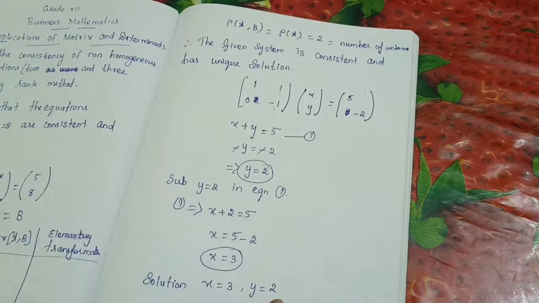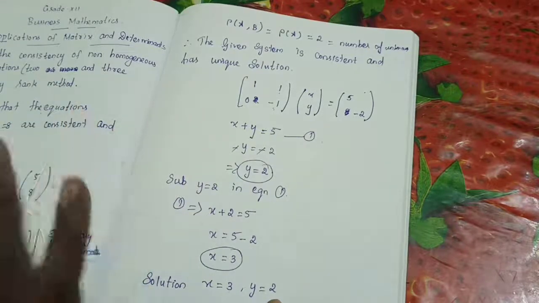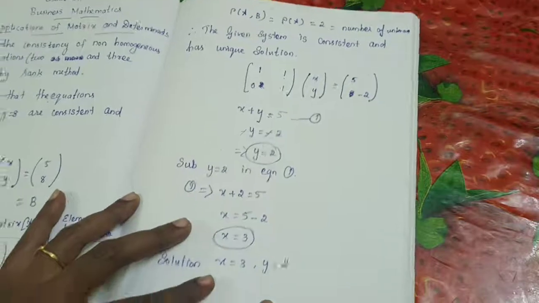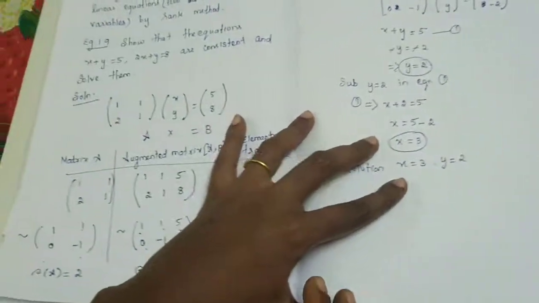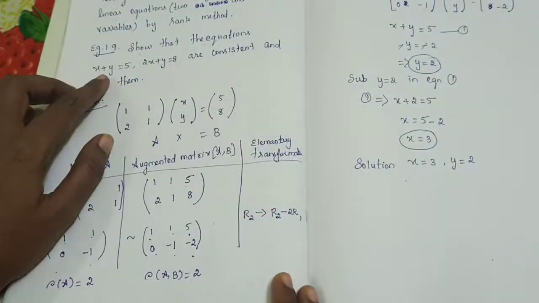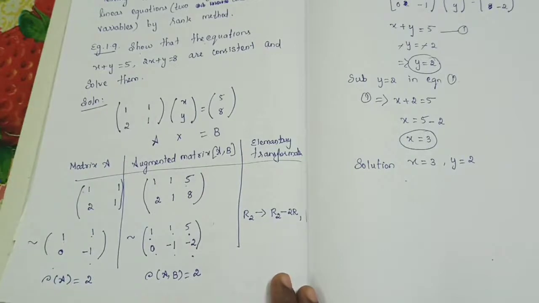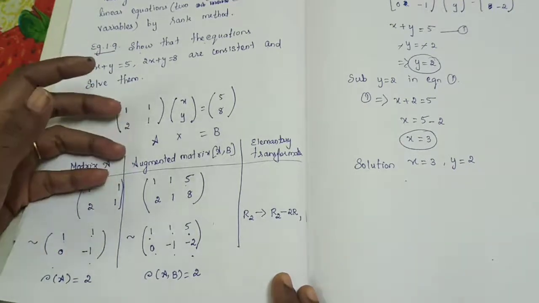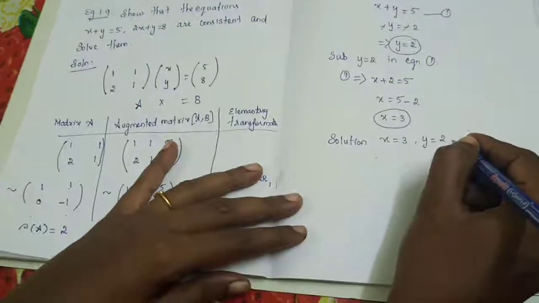The meaning is, two unknowns are there. x has one unique value and y has one unique value. That's the meaning. So y is 2 and x is 3 that we got. If you substitute these two answers in the given equation, you will get LHS is equal to RHS. Okay, right? So this is a very important session. Go through this and practice again and again. Okay, let's start the next question.